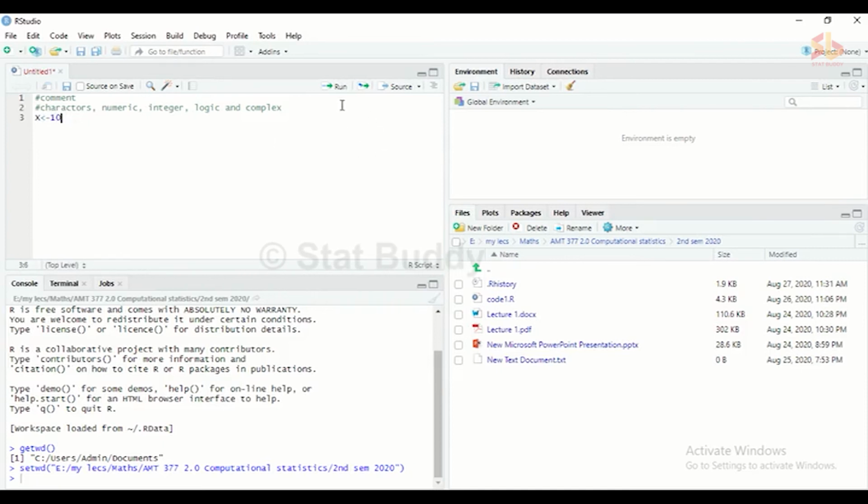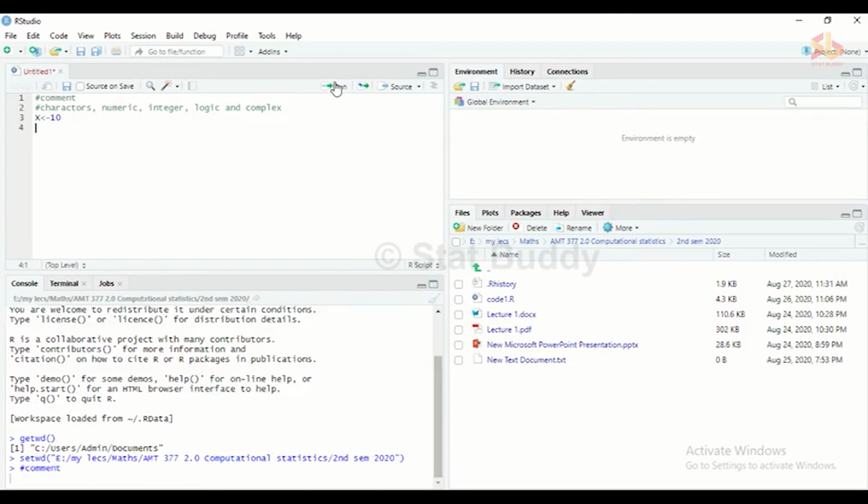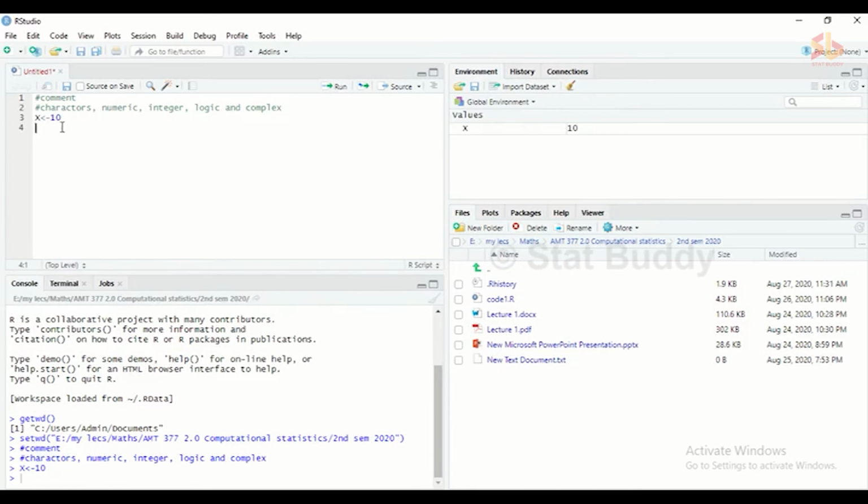You can execute that one. After executing, 10 is stored to capital X. Though I typed it here, pressing enter will not execute the line. You have to select the line and click run, or there's a shortcut, control plus enter.